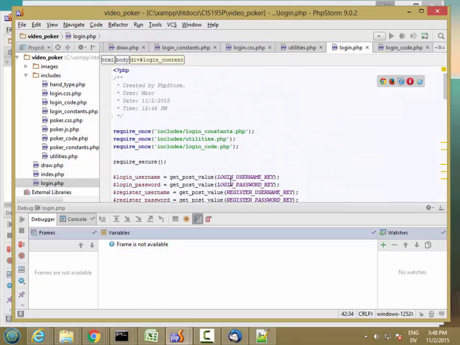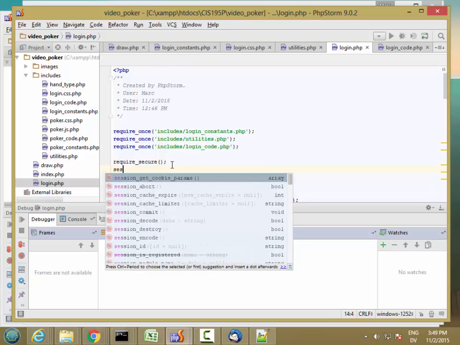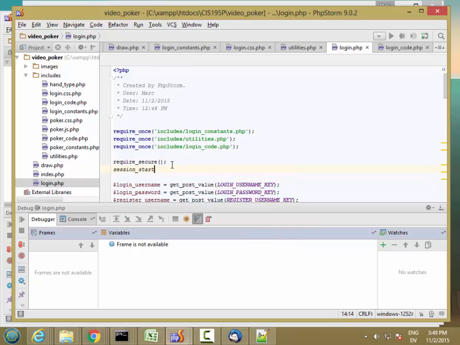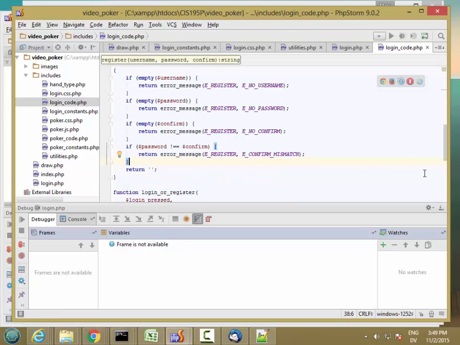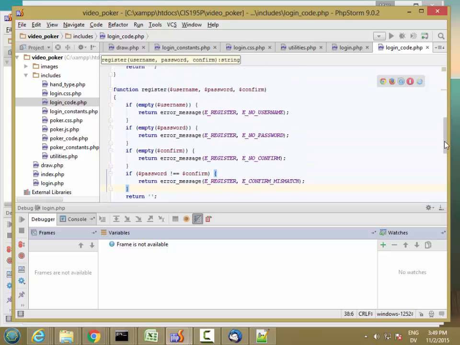And that needs to be at the very top because it's going to be changing the Hypertext Transfer Protocol header, but after we've gone ahead and gotten a secure session, secure connection. So session start, and then in the code, if we get here,